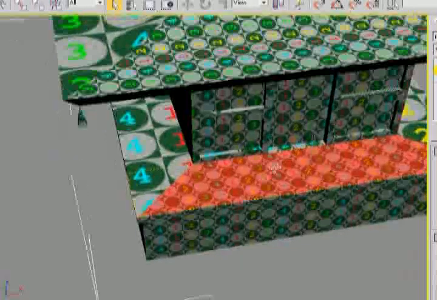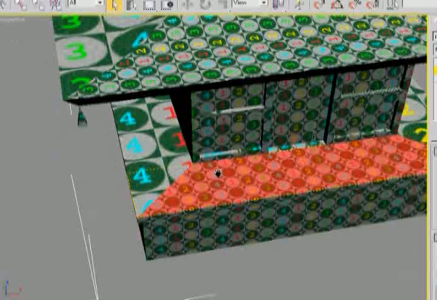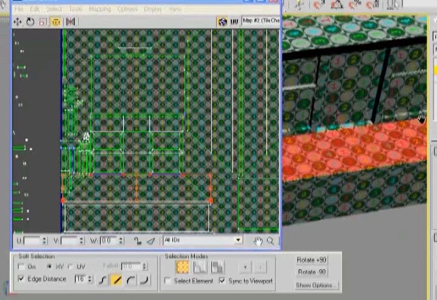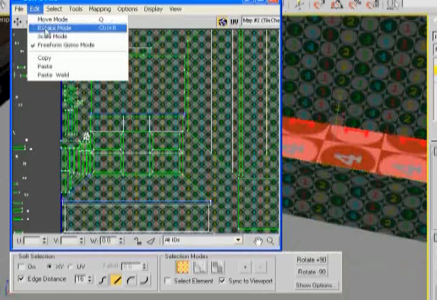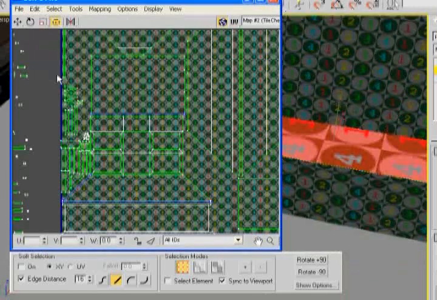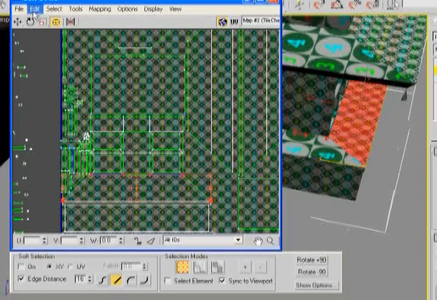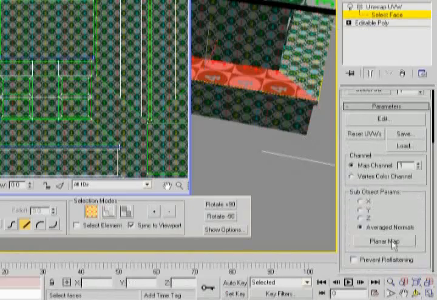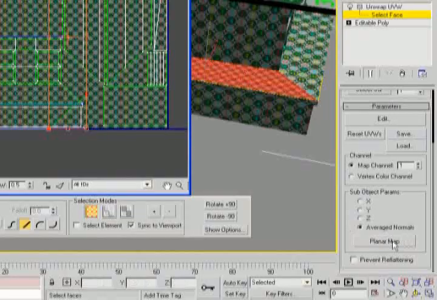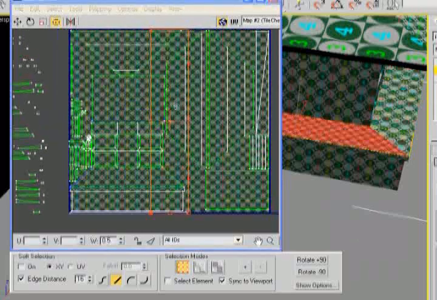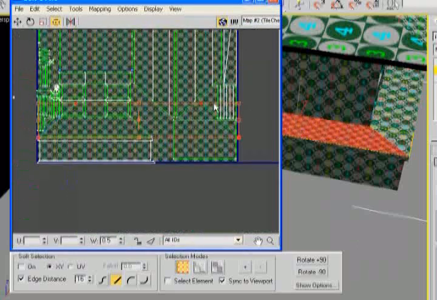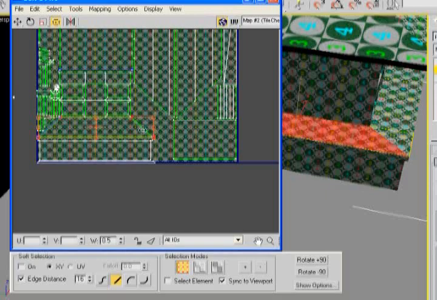So we've got the sides done there pretty well. I'm going to go ahead and try copying and pasting this to the other side, but you'll notice that we've got a little bit of a problem here because the geometry from the front side is actually a little different than that on the side. Okay, it's the same general shape, but you'll notice it doesn't paste weld in there very well. The reason for that is that the geometry for that little platform on the front side of the door actually butts up against the bottom of the door frame, so it has a different number of points on it. So what we had to do instead was use our planar mapping function